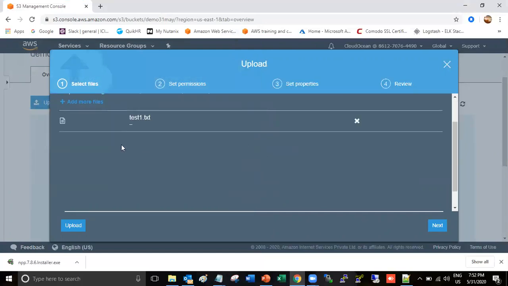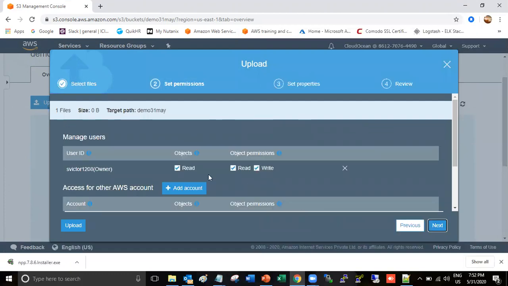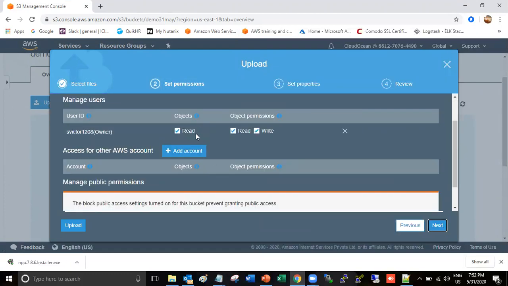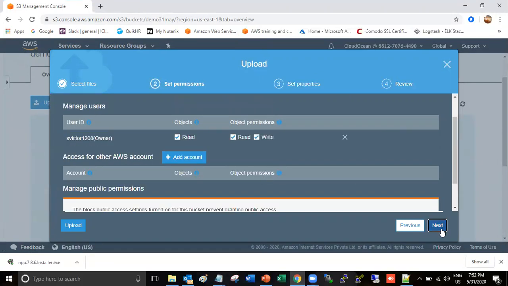If you want to upload directly with the default settings, you can click upload. If you want to modify any settings, then click next. Here you can set the read and write permissions, and the public access setting for the file you can modify here.